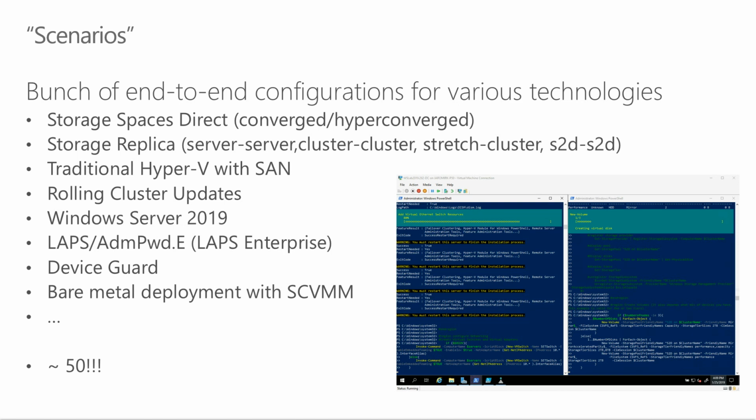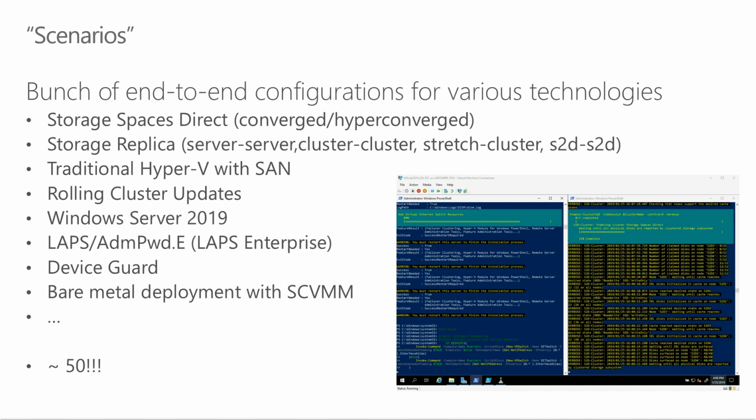Like on the right, you can see that now the new volume is being created, and on the left there is a virtual switch being created. So this way you can watch step by step. You can even pause the scripts by selecting a portion of the window. If you do select, the script itself will pause, so you can take a look at what actually happened in the